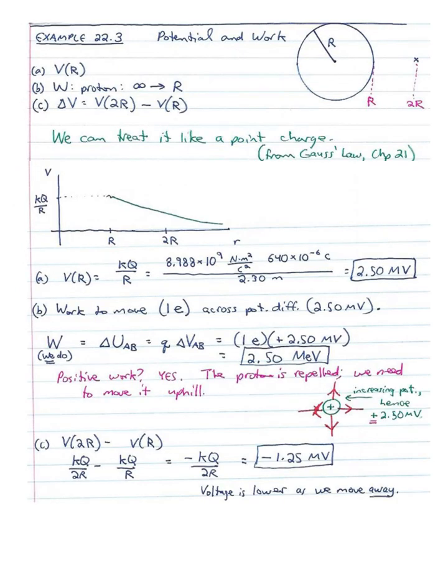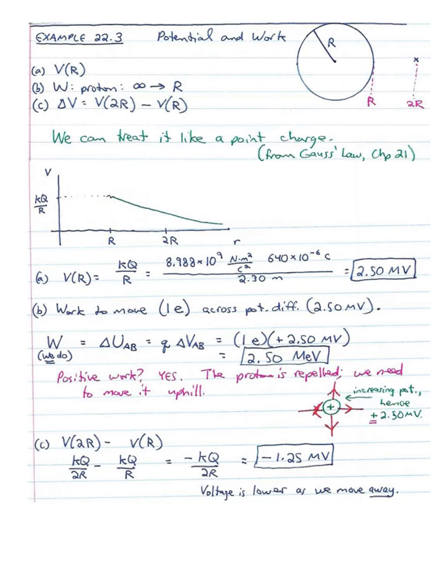Here is example 22.3 in the book. It says, the Hall of Electricity at the Boston Museum of Science contains a large Van de Graaff generator, a device that builds up charge on a metal sphere. The sphere has radius of 2.30 meters and develops a charge of 640 microcoulombs. Considering this to be a single isolated sphere, find A, the potential at its surface, B, the work needed to bring a proton from infinity to the sphere's surface, and C, the potential difference between the sphere's surface and a point